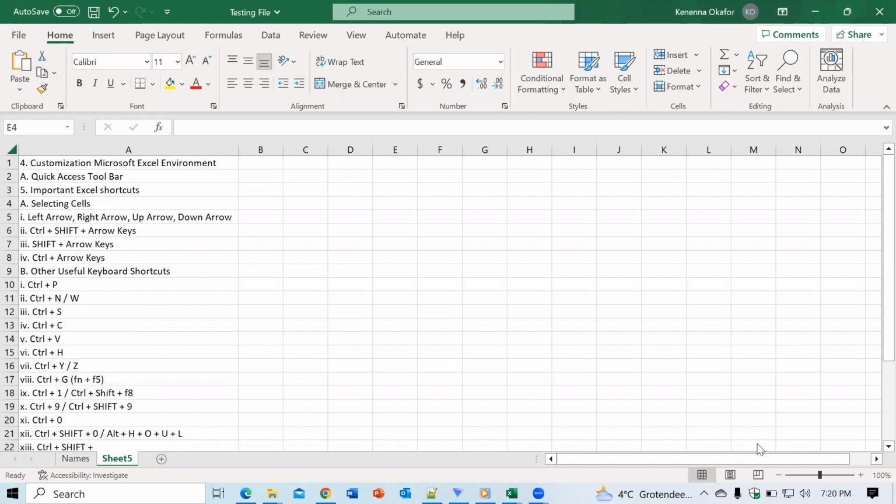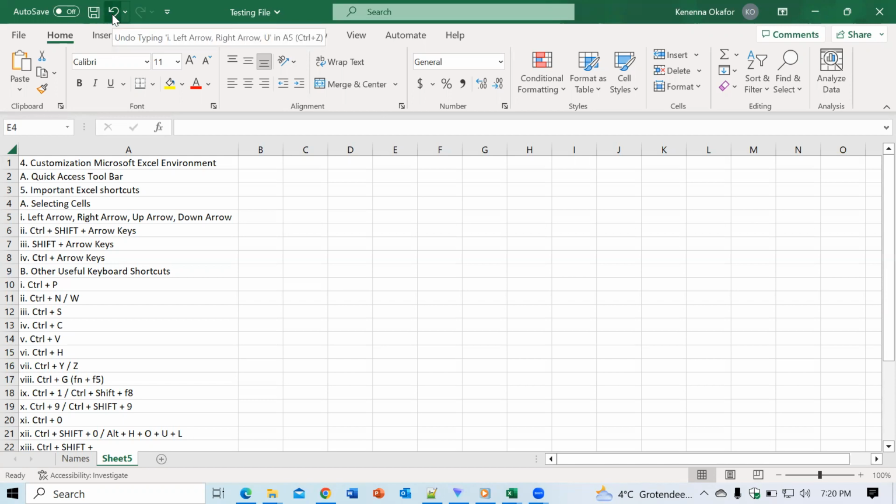Right, now let's look at the quick access toolbar. That's on row 2, right at the top of the document, where you have the auto save and so on. You see these icons. This is for the save, which is Control S, and this here is for undoing whatever you have just done, and this is redo. So let's say I typed something and realized that it wasn't something I was supposed to type. I can just use this undo